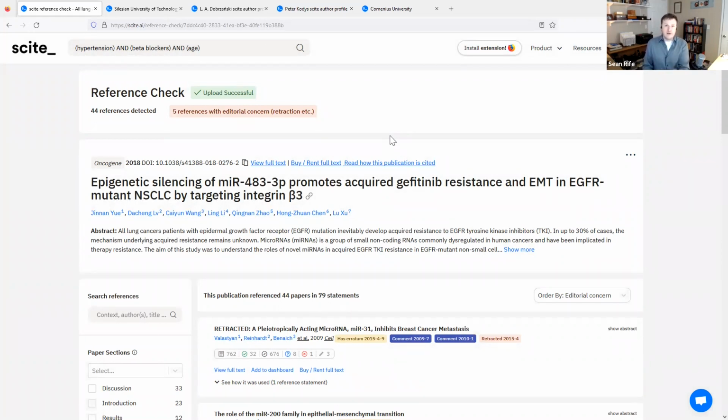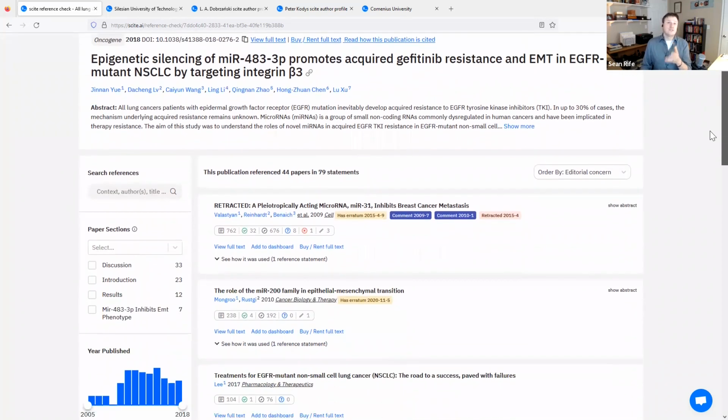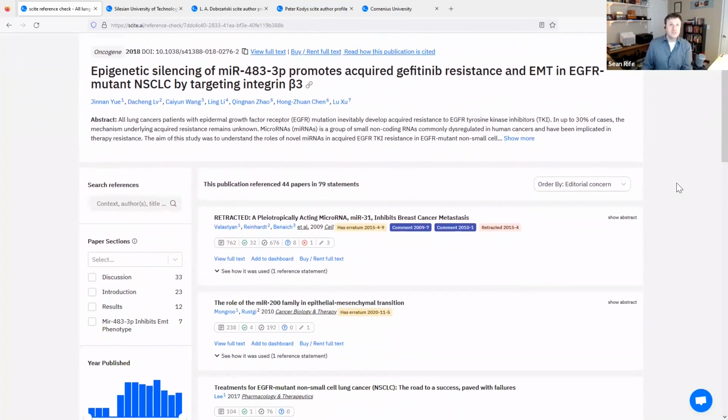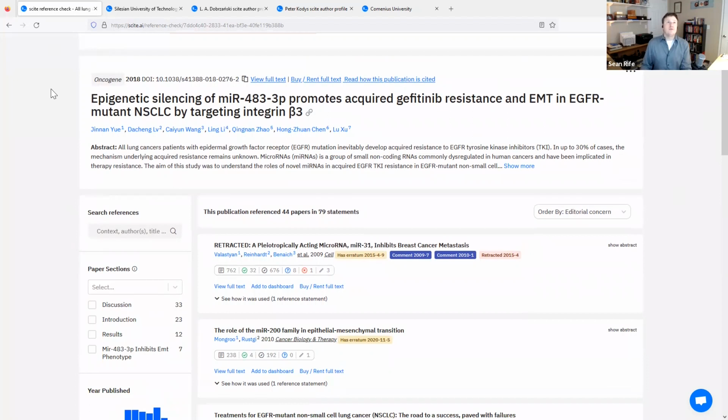It will analyze that file and extract the citations and the references from it, and then generate what we call a reference check report, which will identify potentially problematic references. So in this example, we have a reference check report that is citing some retracted work, and it will give you a big red flag there.